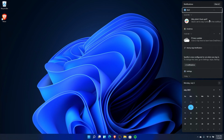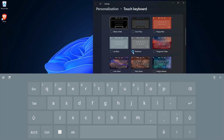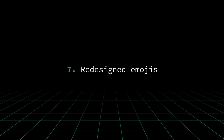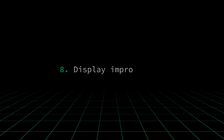There is a notification center down on the right near your calendar, which is pretty standard. Having said this, I did notice that the quick settings are now separated and actually have less access, at least for now anyway. There is even a touch keyboard. Sure, it isn't all that revolutionary, but they do have a huge selection of new themes, with the addition of gift sharing services and some redesigned emojis too, because why not? More emojis, woohoo! There are some display improvements with Windows 11, and they say there's a lot more to come